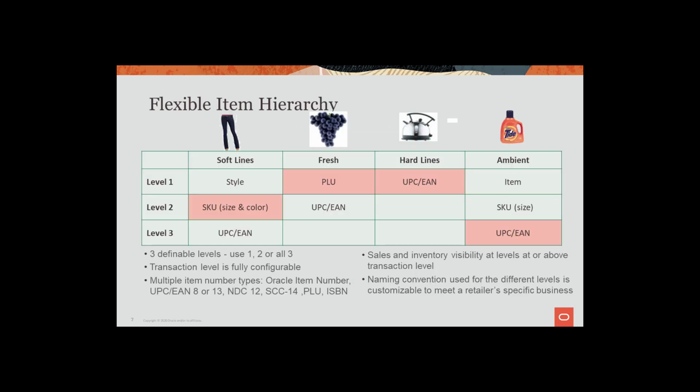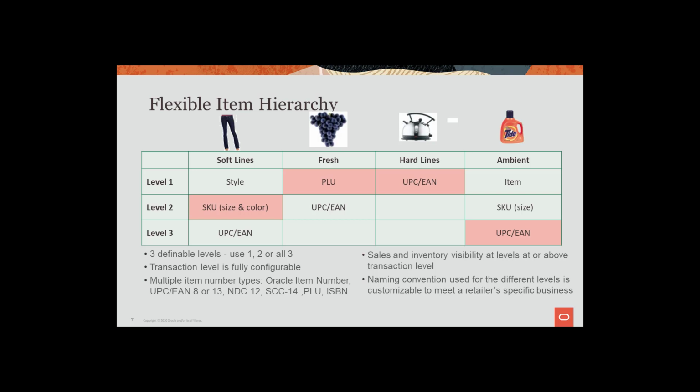Merchandising uses a flexible data hierarchy for items, with levels that allow merchandising to support items across different retail verticals, such as grocery, fashion, and hardlines, in the same item structure. It also supports a number of different item numbering conventions, including UPC, EAN, and ISBN. Merchandising also has its own unique item numbering structure. The Oracle Retail Item Number is commonly used for the transaction item and any levels above, and the other types representing below transaction items, or barcodes.